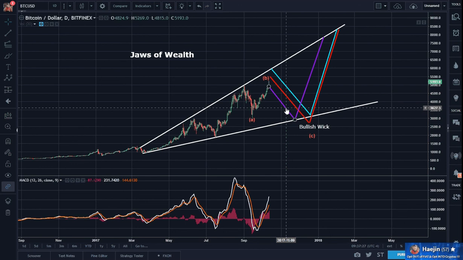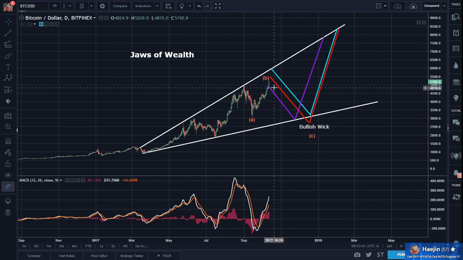So I'm giving this an ABC scenario. Oh, just not to confuse with the count. The purple has been discounted, has been invalidated, I believe. And the purple required that an all-time high not be made. So we have two more possibilities. And what is the next probable, in my opinion, is all-time high has been made, and yet it'll go to at around 5,500, 5,450 or so, and then turn.